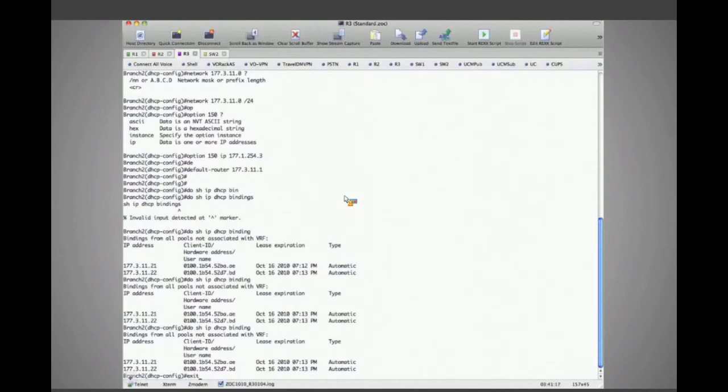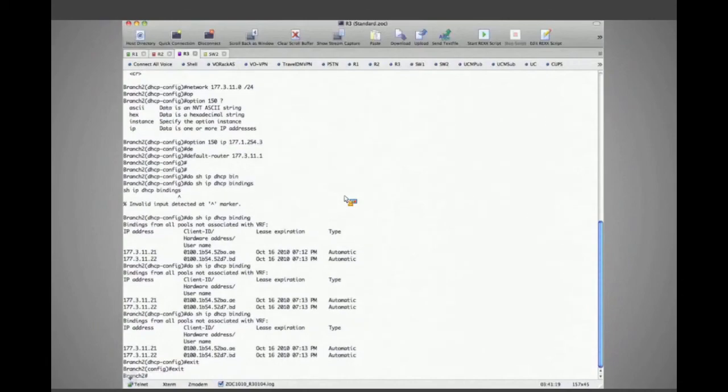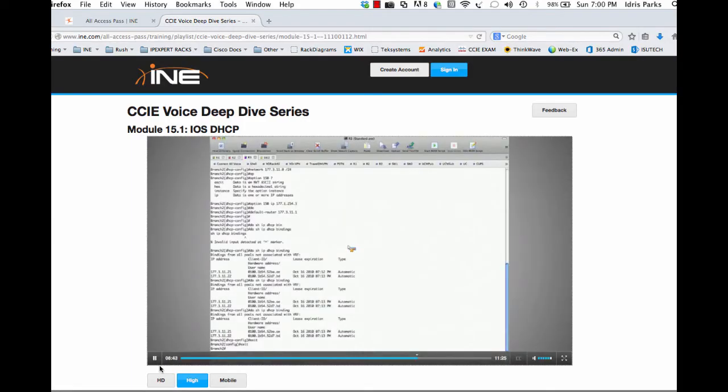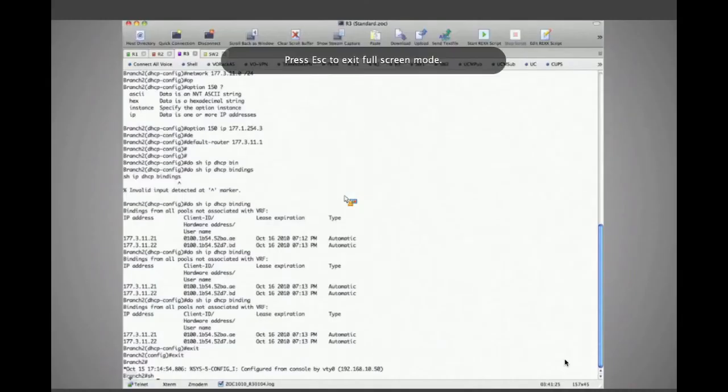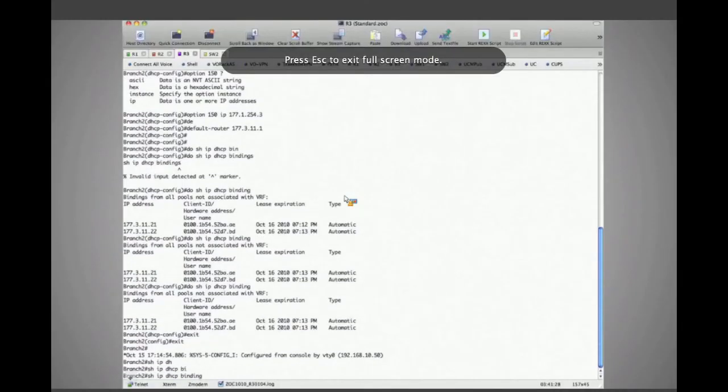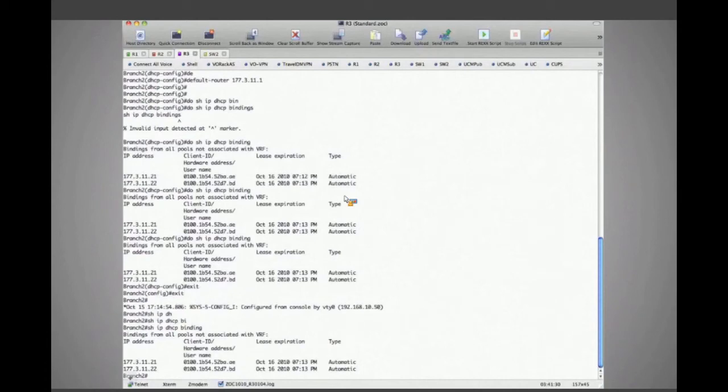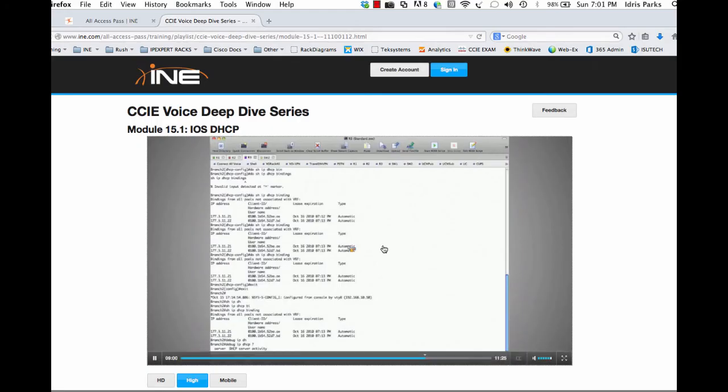Okay, we'll check back in a little bit and see if it's got an IP address. We're not going to sit here and wait for it. Just because the SIP phone can be a little cantankerous, I'll give it a second here to reboot after I reset it a second time. Show IP DHCP binding. 2 of them have IP addresses. Could do a debug IP DHCP